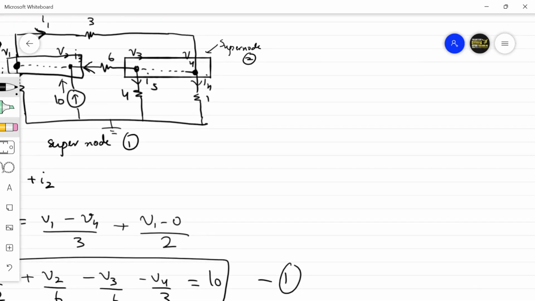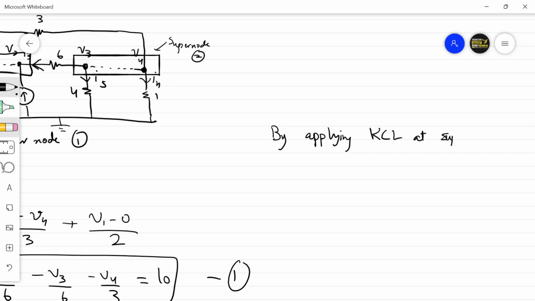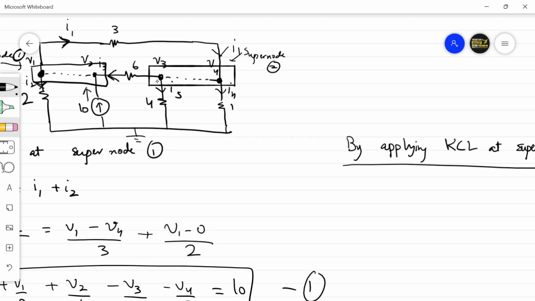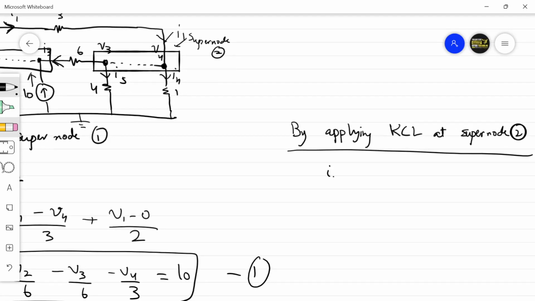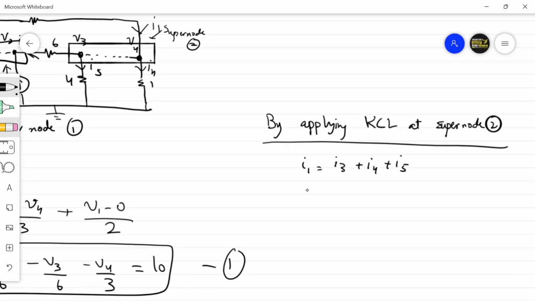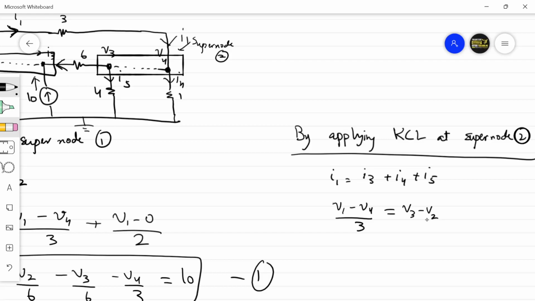Similarly, now we have to apply KCL at supernode 2. So this is a common node. So current I1 is coming from here. I1 is the only current that's flowing into this node. So I1 is equal to I3 plus I4 and I5. They are the currents coming out of this supernode. So I1, whose voltage is V1 minus V4 divided by 3, equal to I3. I3 is the current coming from a potential of V3 minus V2 divided by 6, plus I4 is V4 minus 0 by 1